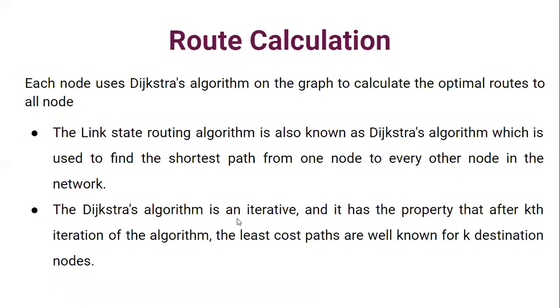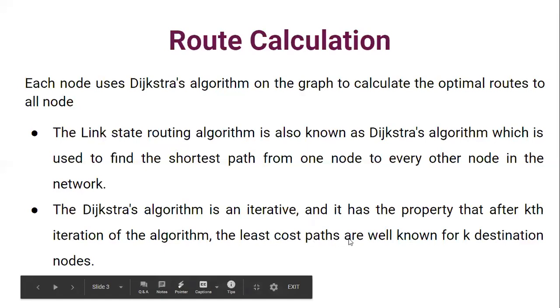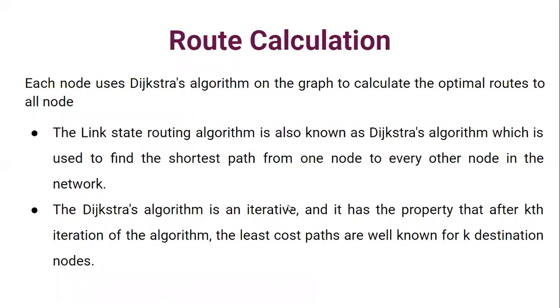And Dijkstra's algorithm is iterative, and it has the property that after the kth iteration of the algorithm, the least cost paths are well known for k destination nodes. What it means here is...